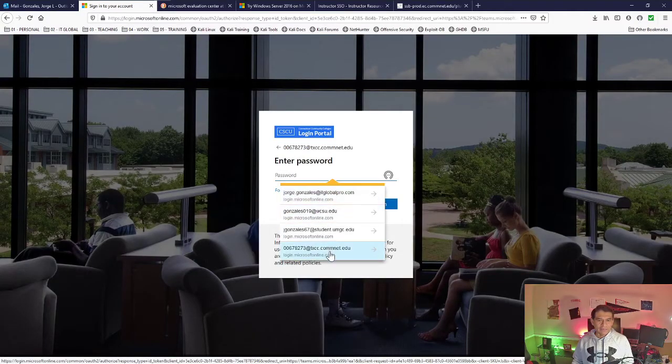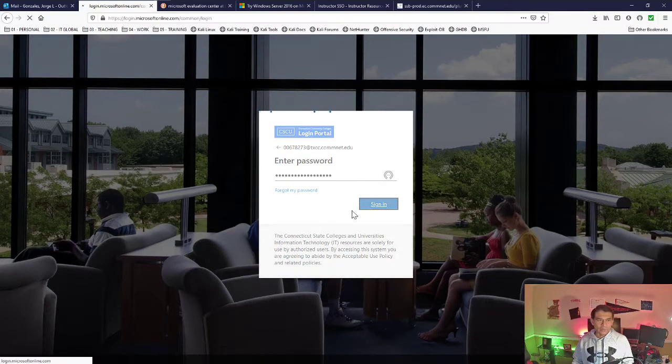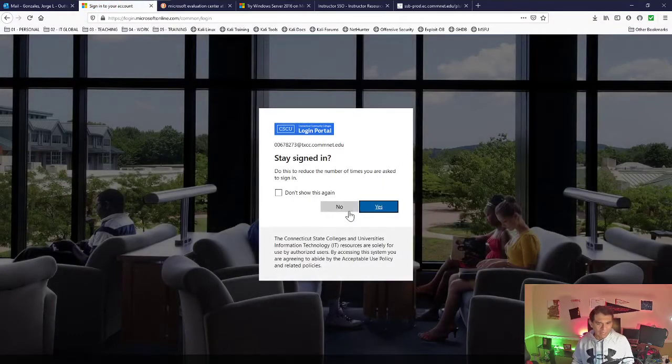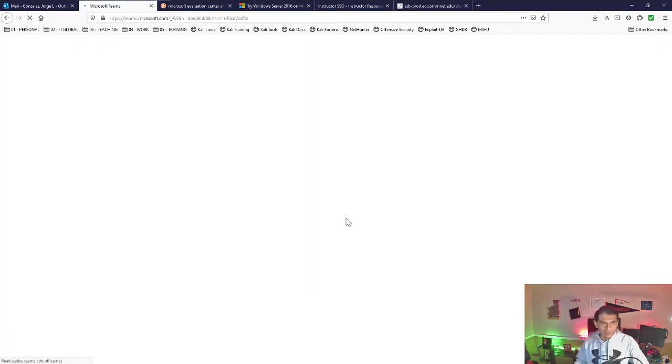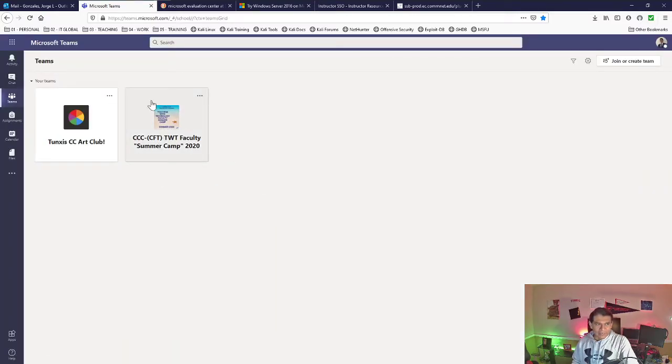So I have my information already preloaded. You may need to type it yourself if you want to access Teams from a different window on your browser. So it is checking my credentials, and now I am going to get my Microsoft Teams console open right now. So that's the one that you guys are seeing.